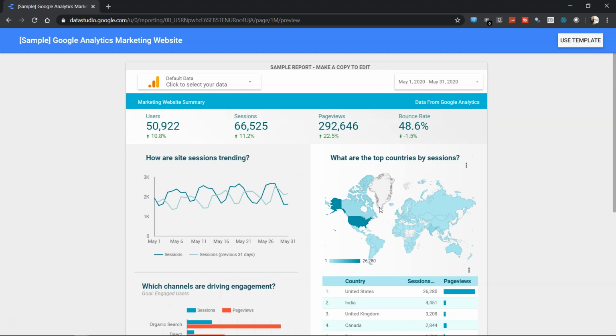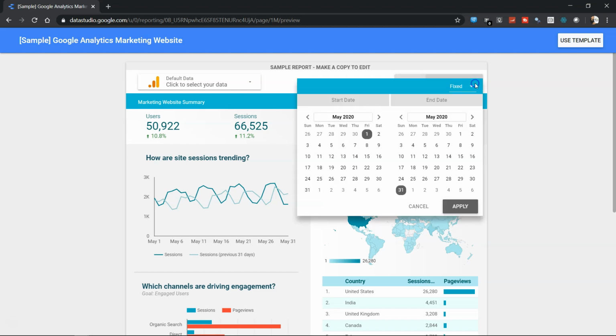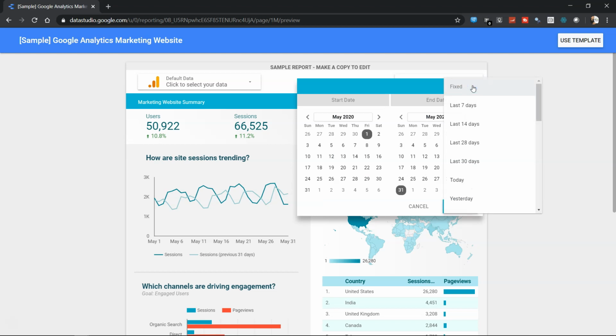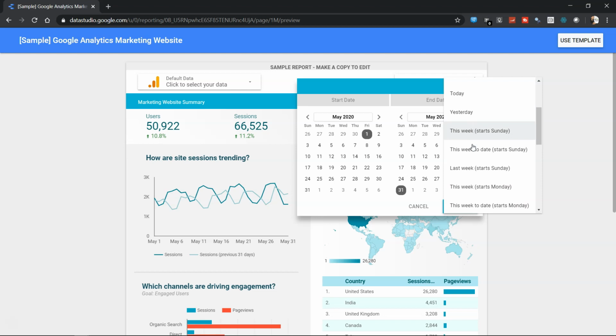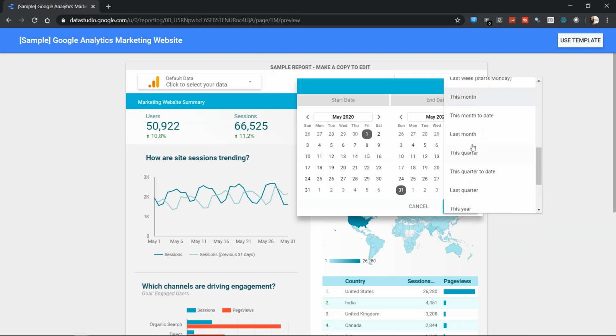So that's the first option that you have once you start exploring or interacting with the report with the help of the date filter. Another option that you have over here is this quick filter. Based on this filter, we can see very quickly, without the hassle of selecting a particular date, what is happening in the last 7 days, the last 14 days, the last 28 days, and so on, based on the predefined filters which have been given here.